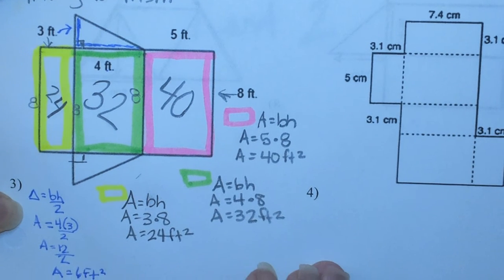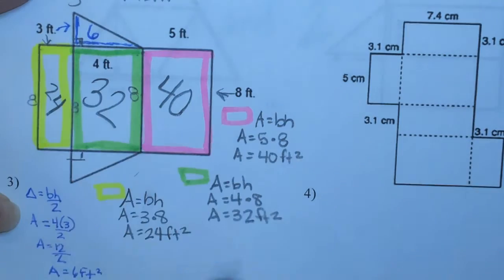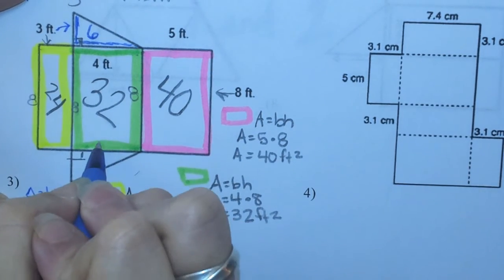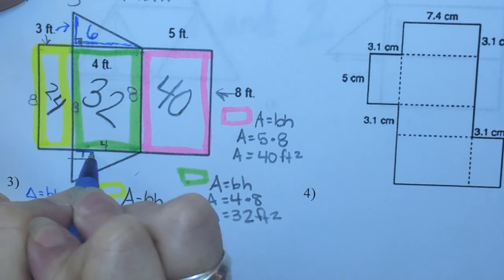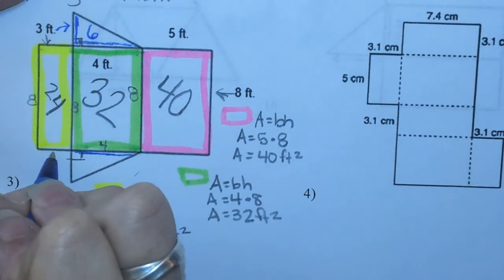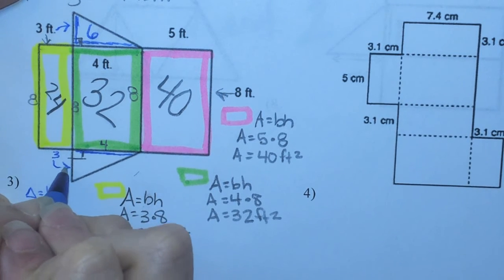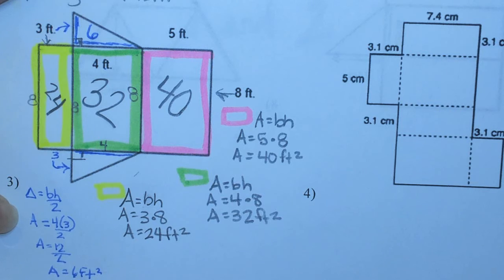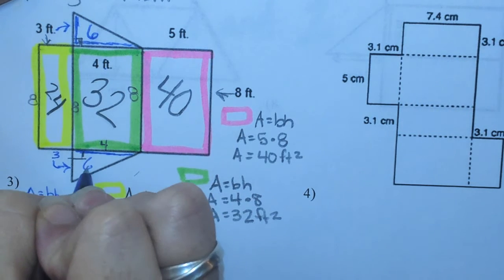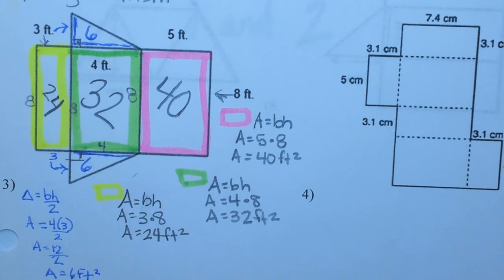So, my triangle is 6. I'm going to check this one. Would this still be a 4? Right there. Yes. If that's 3, this is 3. That 3 would touch that wall to make it 3, so it's still a 4 by 3, so it is still a 6. Adding it all together,